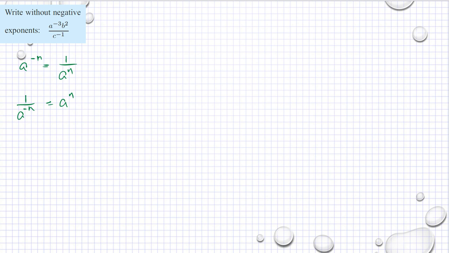So this one, a raised to negative 3 is the same as 1 divided by a raised to 3. And remember that this one under, c raised to negative 1 is the same as 1 divided by c raised to 1, or just c. So if we simplify those, then we have